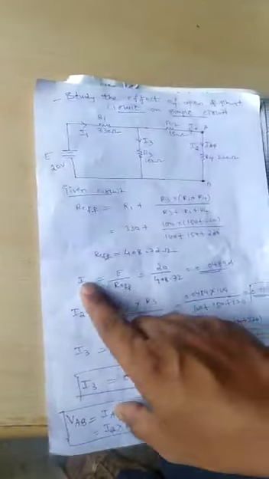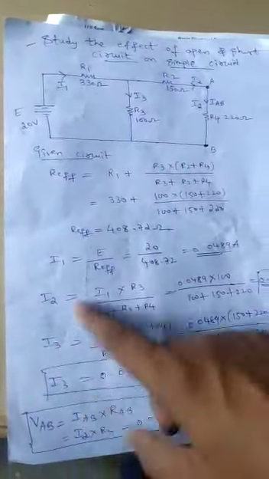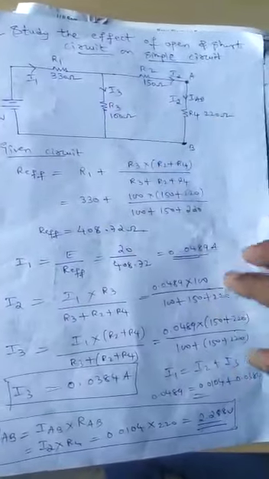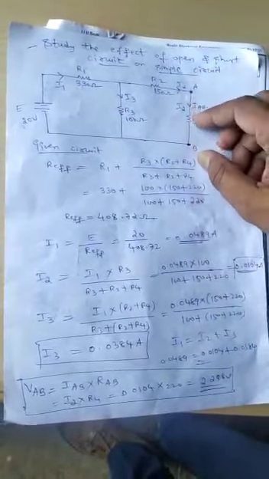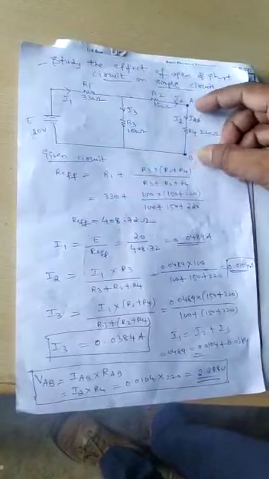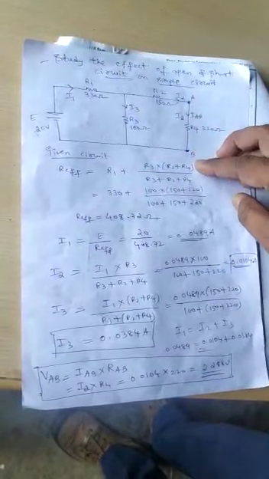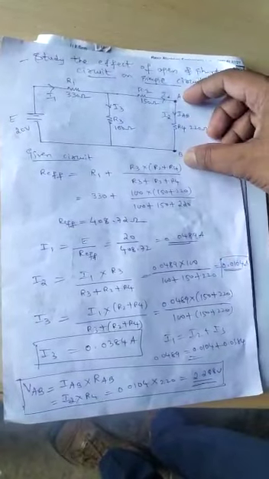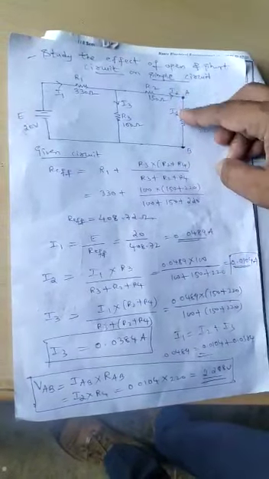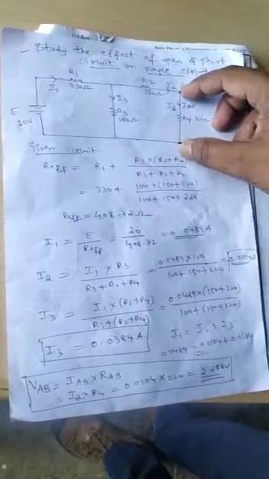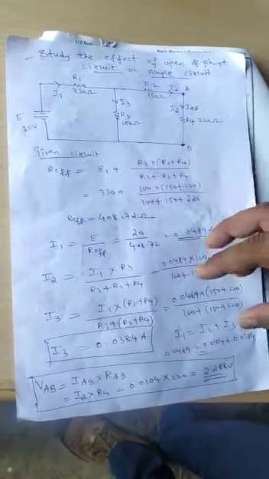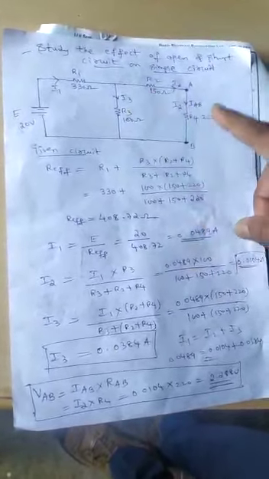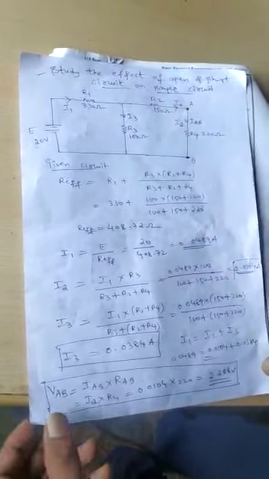These are the currents we got, I1, I2 and I3, for the given circuit, and we are analyzing short and open circuit at these two points, point A and point B. If the resistor is open, what current flows and what is the voltage across these two points? Similarly, if it is shorted, what current flows and what is the voltage across it? First we are going to rig up the given circuit, later we will do the open and short circuit.